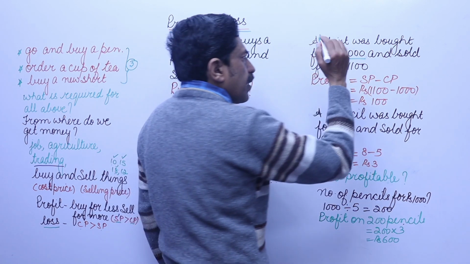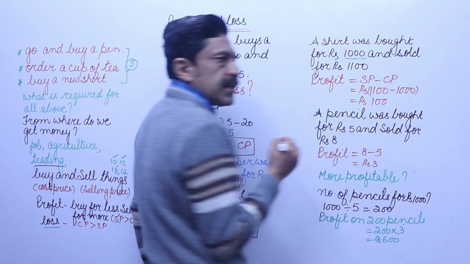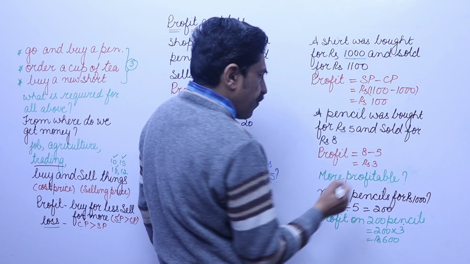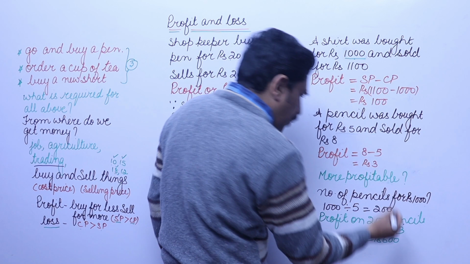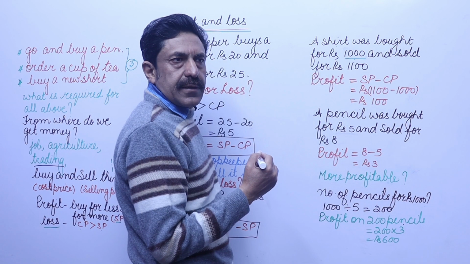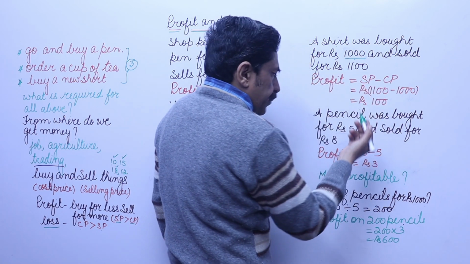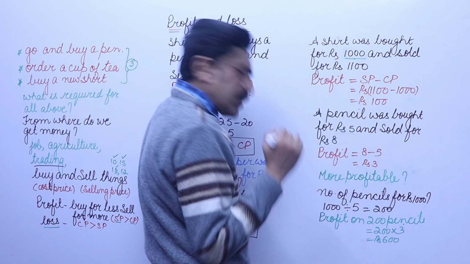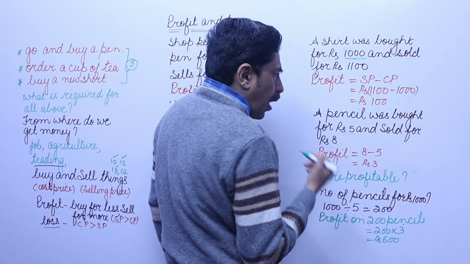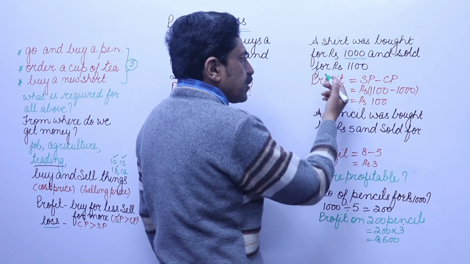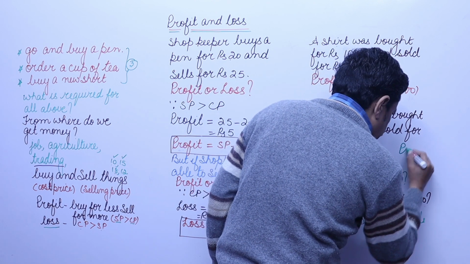So if 1000 is invested on a shirt, then profit is rupees 100. And if rupees 1000 are invested to buy pencils, then profit is rupees 600. So, which is more profitable? If we consider only the investment, then pencils are more profitable. So, how to find out correctly which is more profitable? For that, we find out profit percent